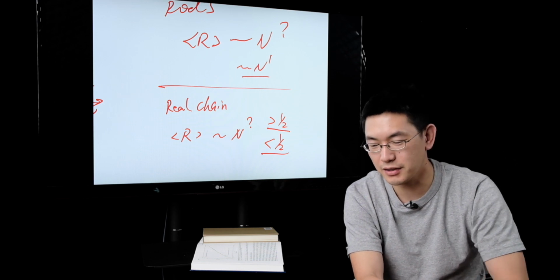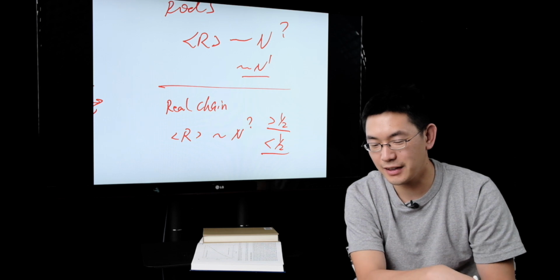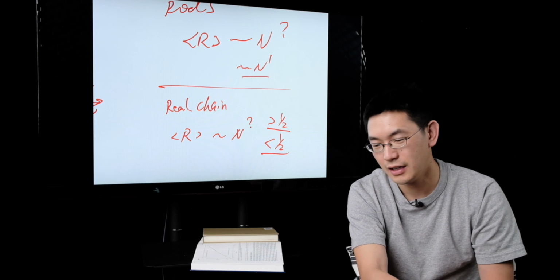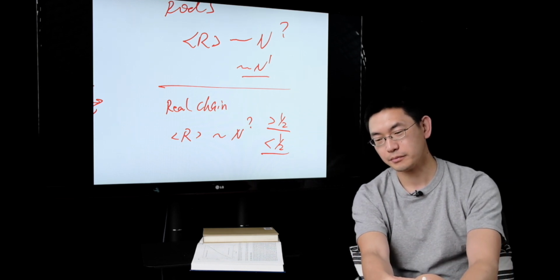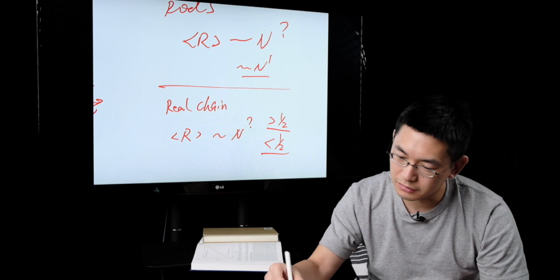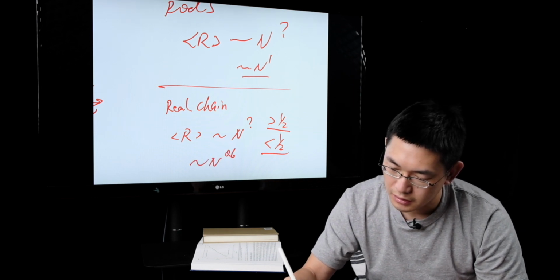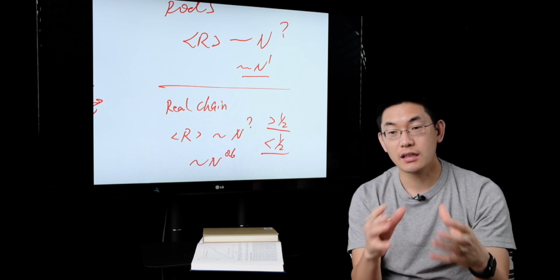Larger than 1/2. Zoe, good job. We will discuss this in a little more detail in the next lecture: how can we address the real chain, the dependence of the real chain, and why that's the case? What I can show today is the conclusion. It will depend on N to the power of 0.6, and 0.6